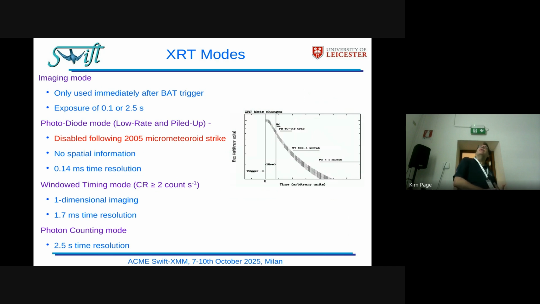And that is sufficient for a bright thing such as the GRB to get a position usually. Then it was intended that we would go into this photodiode mode, which is a non-imaging mode, which just reads out the CCD very quickly, because we need to avoid pileup. When CCDs are operated in photon counting mode, ideally you want to detect 1 photon per pixel in each frame of data. And if you get more than that, you can get pileup. So photodiode mode,